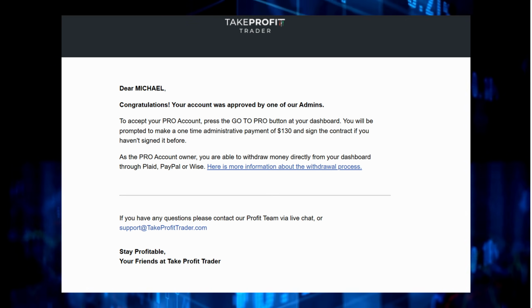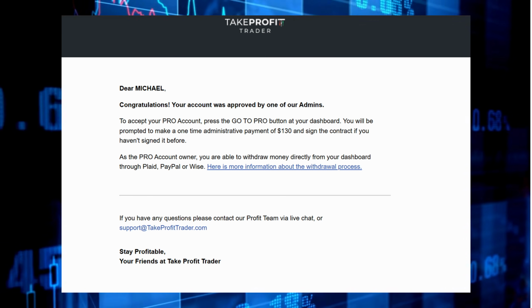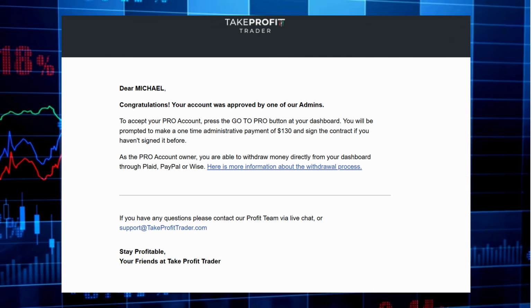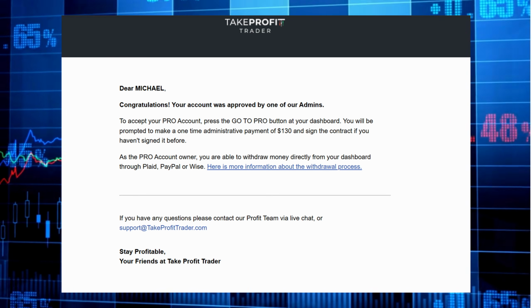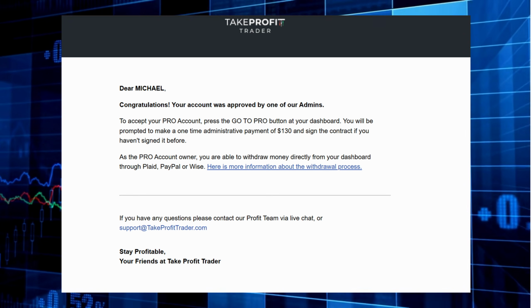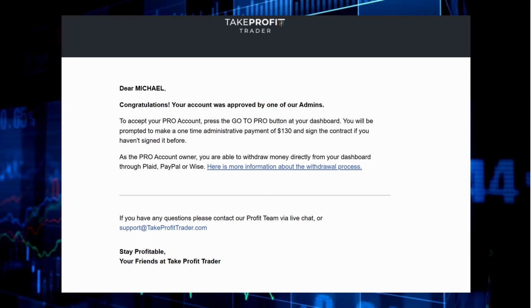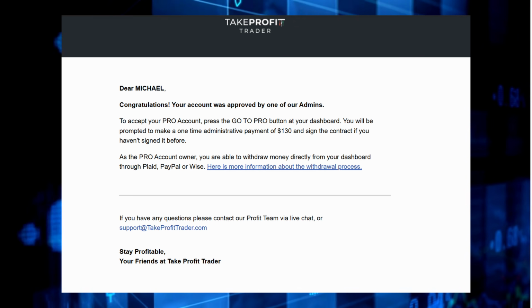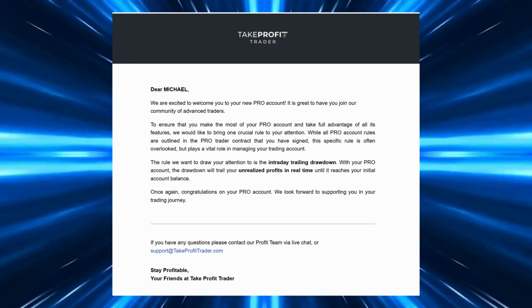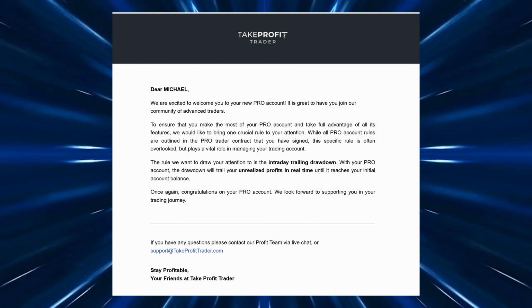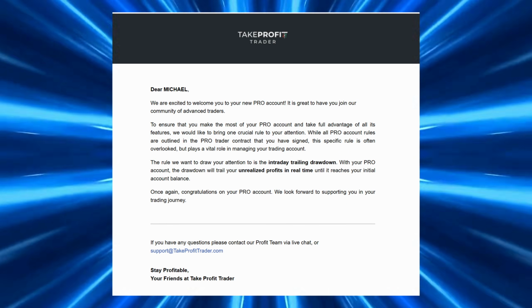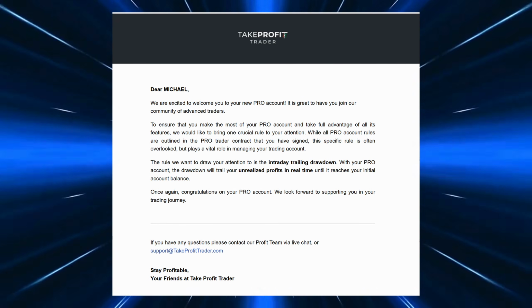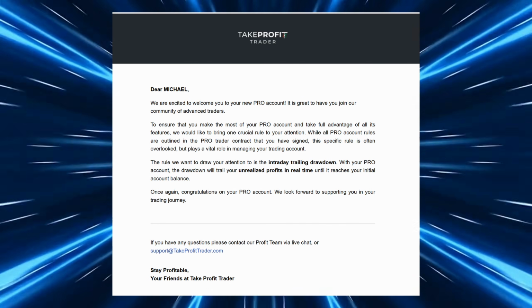Congratulations, your account was approved by one of our admins. To accept your pro account, please go to the pro button on your dashboard. You will be prompted to make a one-time administration payment of $130 and sign the contract if you have not signed it before. Now, after you do that, then you're going to receive one last email. We are excited to welcome you to your new pro account. It is great to have you join our community of advanced traders. To ensure that you make the most of your pro account and take full advantage of all of its features,